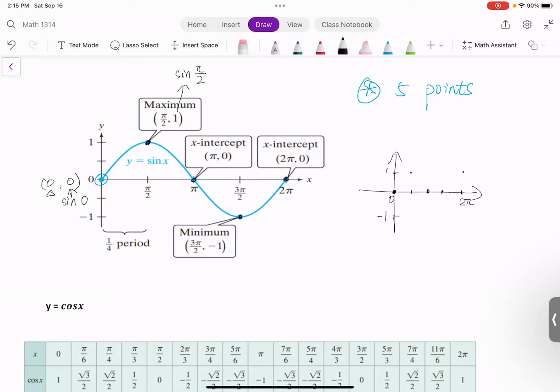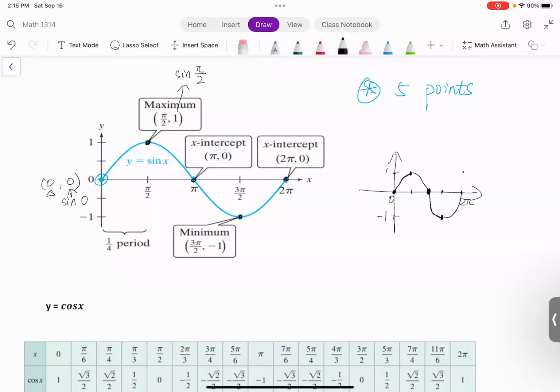Okay. Going up, going down, going up. So going up at 1/4 of the full cycle, I meet the maximum. And then going down, I meet 0. And then continue to going down, I meet the